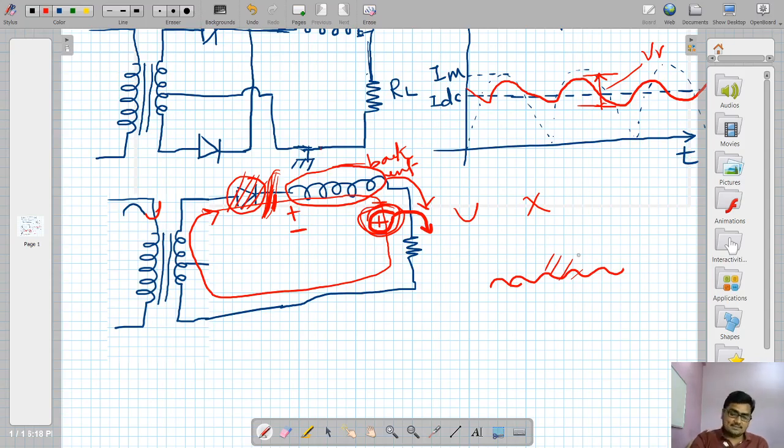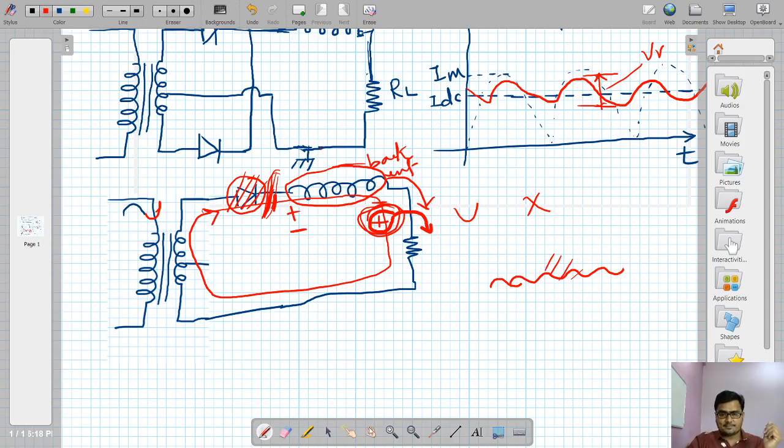So that's why we never draw a half wave rectifier with an inductor filter, just because of the property of the inductor that it creates a back EMF whenever there is a change in current. Suddenly you stop the current, it creates back EMF. So this is the property which is not useful for us, for the designers. So that's why whenever an inductor is there, all the people go for a full wave rectifier and not for a half wave rectifier.